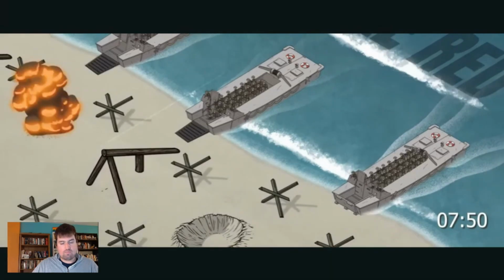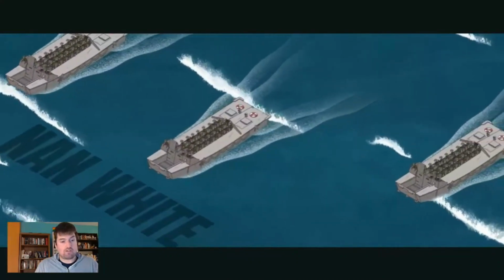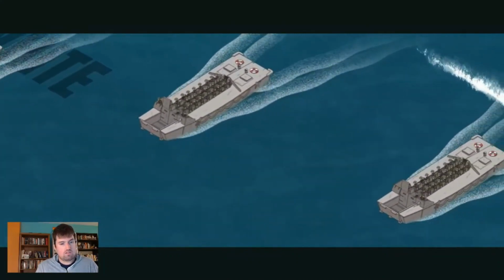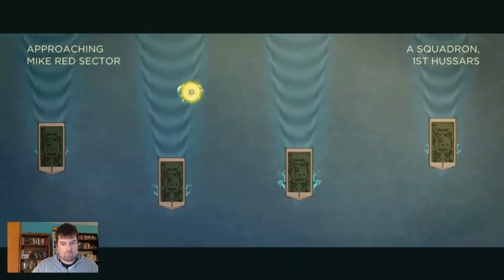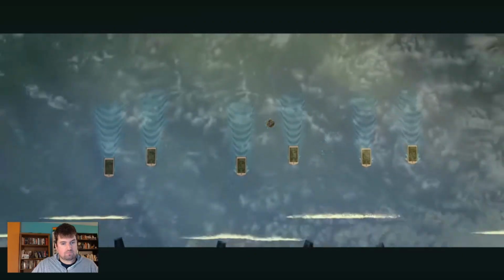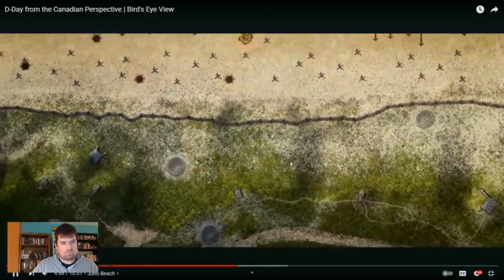First to lower their ramps in the Mike sector near Courseulles-sur-Mer, the Juno Beach Center, while delayed elements of the Queen's Own and Royal Regina Rifles are closing in further to the east in the Nan sector. Many of the amphibious duplex drive tanks of the 1st Hussars that were supposed to come ashore alongside the infantry faltered in the Channel waters, with only 14 arriving on the